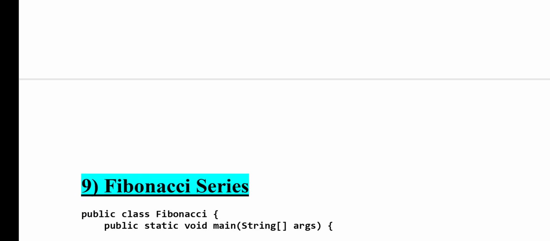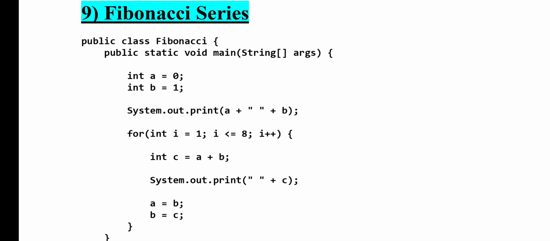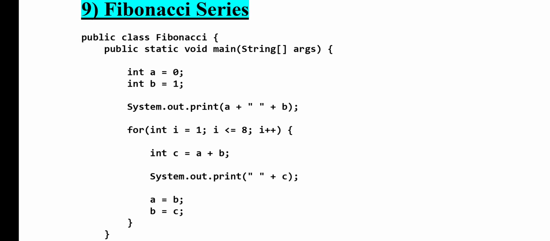So the next question goes on the Fibonacci series. This is also a simple and straight program. It is asked in every interview. Fibonacci series is nothing but when the values of two preceding numbers are added together, it becomes the next value. Say for example, 0 and 1 are the starting values of the Fibonacci series. Then 0 plus 1 is equal to 1, and then the sum of the two preceding numbers, again 1 plus 1 is equal to 2, next 2 plus 1 is equal to 3, next 3 plus 2 is equal to 5, and so on. Okay,